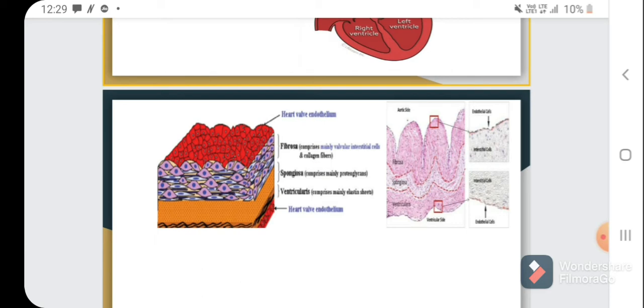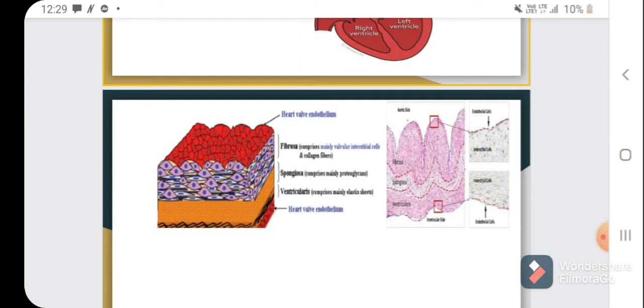These collagen fiber alignments play a very big role in the closing of the valve. Okay, let's see. These collagen fibers align in a certain way during the backflow of systole, or ventricular contraction. This alignment of the collagen fibers allows the valve to elongate in such a way that it forms a complete seal between the atrium and left ventricle. Along with this, the collagen fiber alignment in the fibrous layer also gives the valves the desired strength to withstand the backward flow of blood from the ventricle and helps in preventing regurgitation.